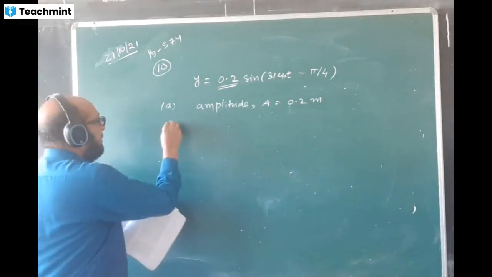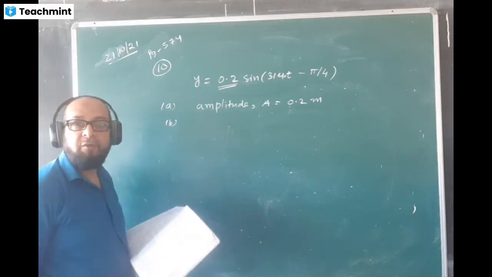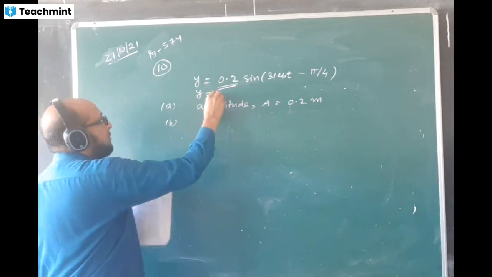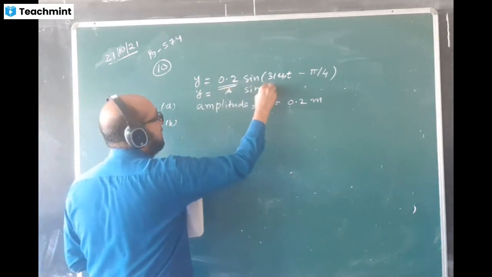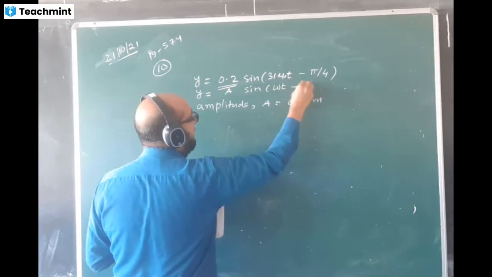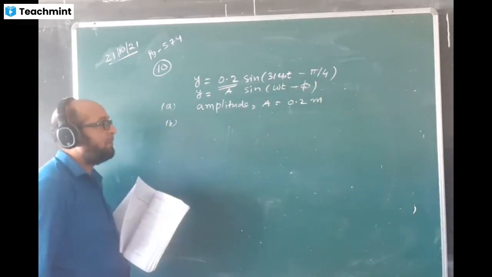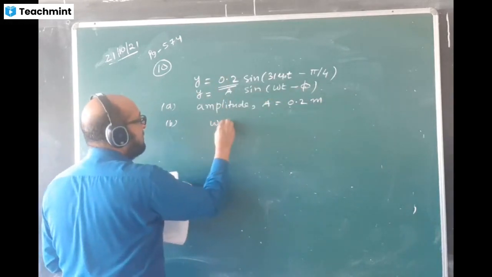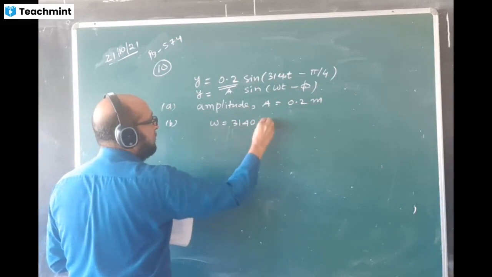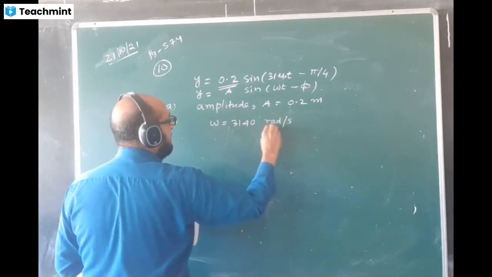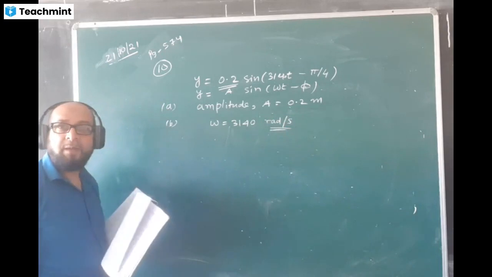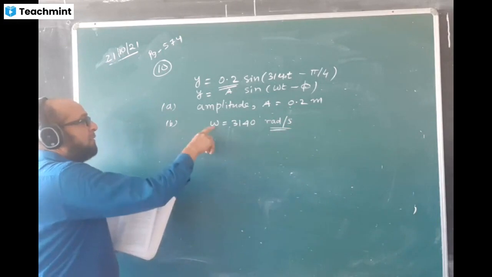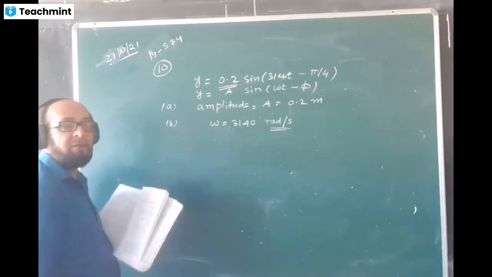Second part, B. Angular frequency. Angular frequency means omega. Actual formula you can take it this way. Y is equal to, you can write it below if you are not sure, Y is equal to A sine omega t. This is the value of pi. If it is minus, we write minus there, whatever is there. So A value 0.2. Omega value is this much. Write down omega is equal to 3140 radian per second. Is answer. Finished. Angular frequency means omega, and only frequency means f. If question asks find only frequency, the omega formula 2 pi f, and we can find the value of f.